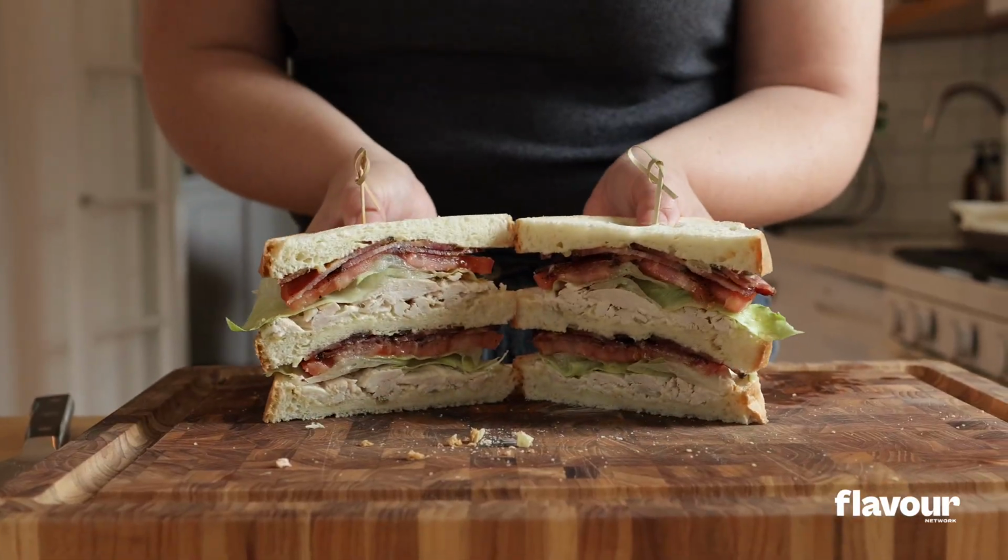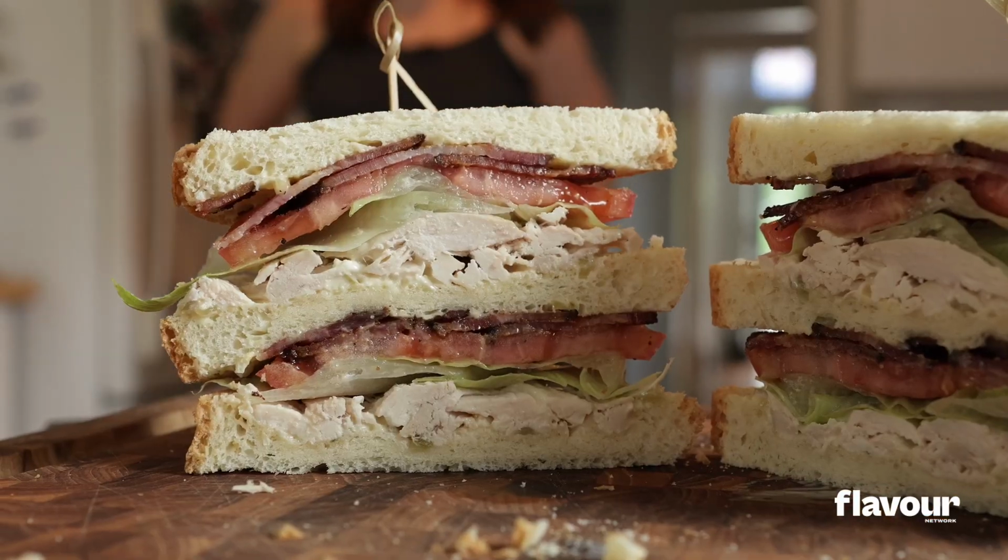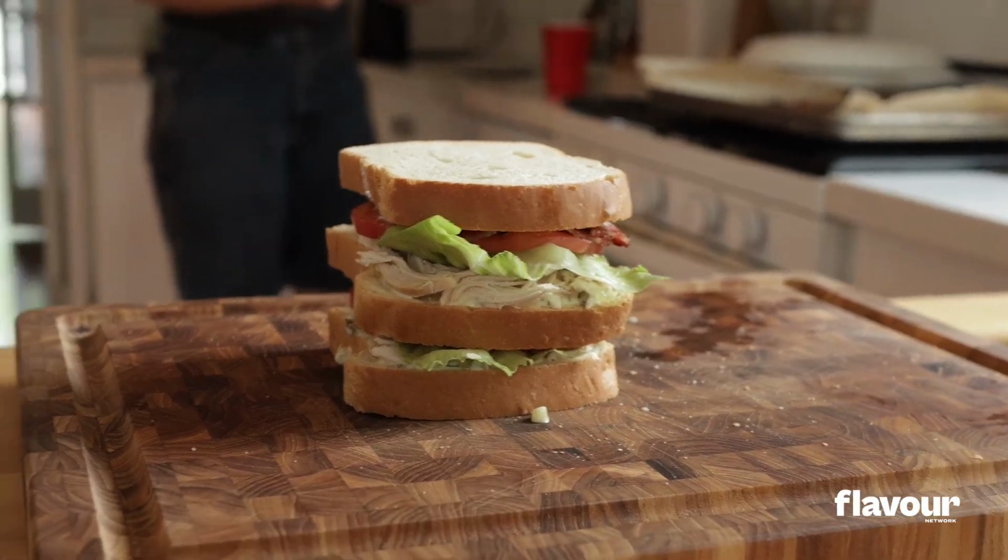Today we're making my version of the very best chicken club sandwich. Now, I know when people say that their version is the best, it's a little contentious, so we're just gonna